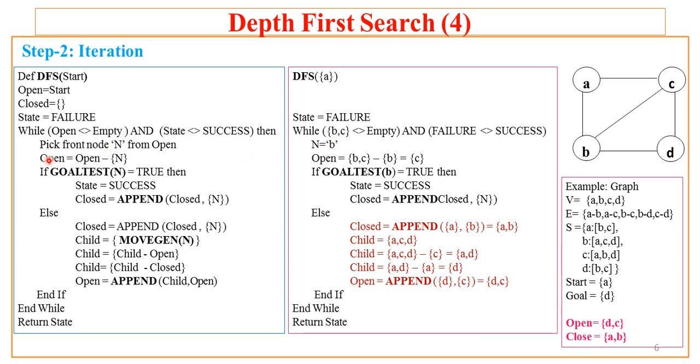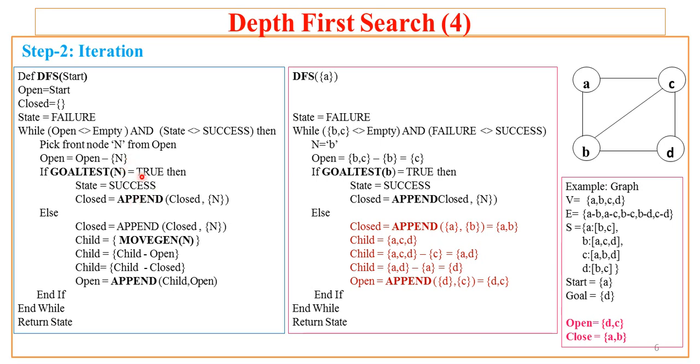Now see here, I am just trying to show you the simulation of this algorithm in parallel, that we have this algorithm and these are the steps we are following in the context of this given graph A, B, C and D. Fine. So here open is having B and C. Whatever we picked at the beginning will be removed from open because we are exploring that node. Now what is left in open is only one node, that is C.